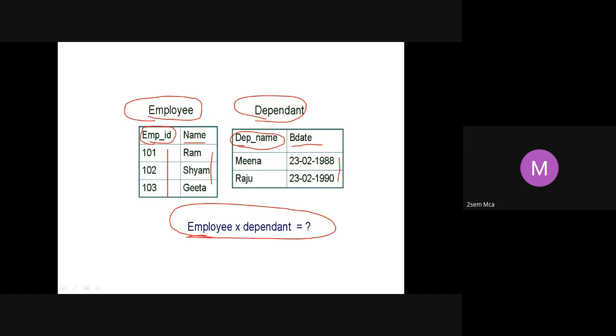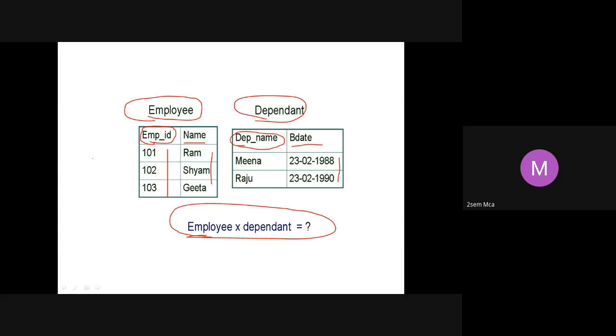Now I want an answer from you all. What do we get for employee cross dependent? Anyone? 101 Ram, Meena and the birthday. Again 101 Ram, Raju and the birthday. Like that.